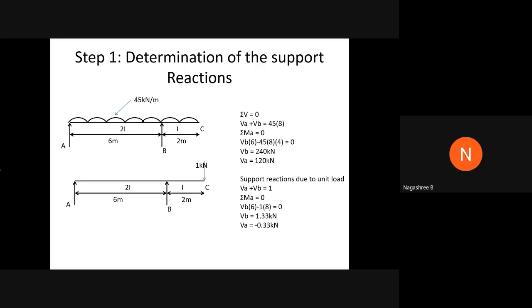The second equilibrium condition is sigma V. I have taken upward forces as positive and downward forces as negative. With this sign convention, this is VA and this is VB. Both are going in the upward direction, hence they are considered positive. And then we need to convert this load into a point load. How to convert? If I take this section A, B and C, the total distance is